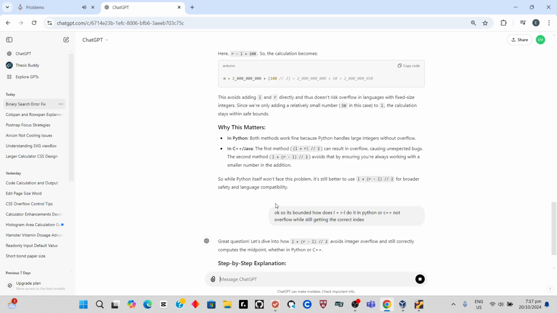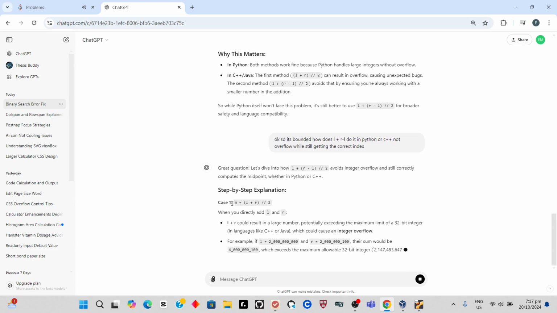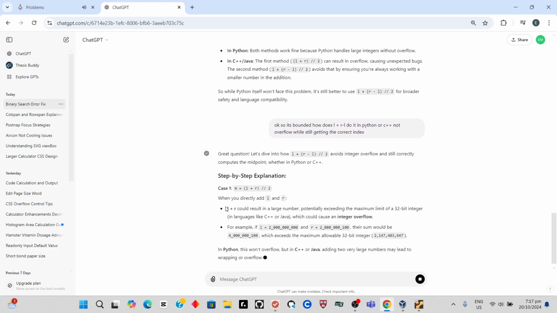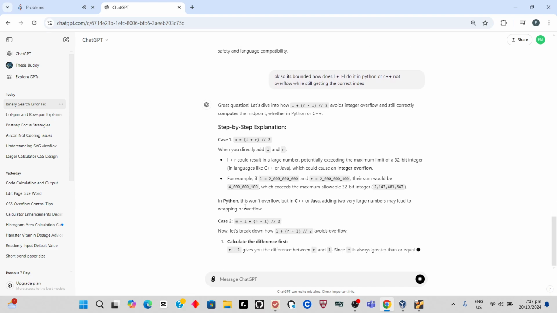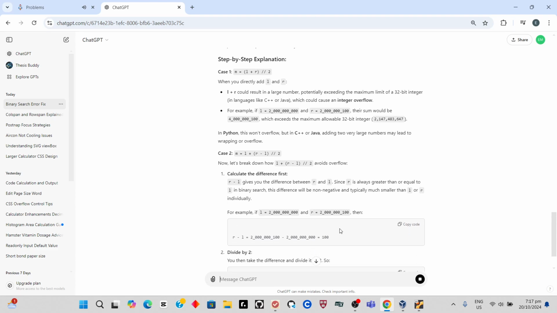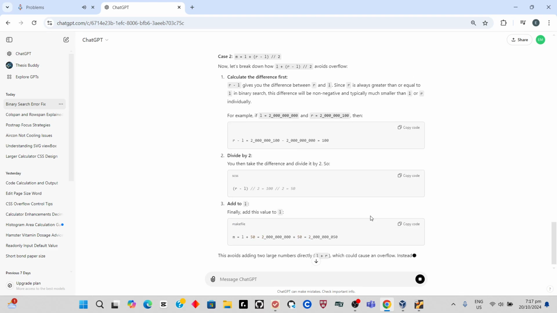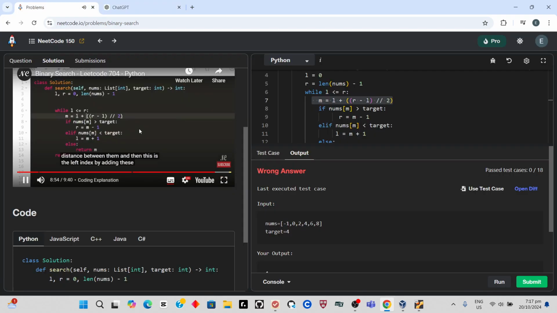Well, there's actually a way to do that. We can still calculate the midway point between left and right without adding them together, because we can take the distance between them. We can get the distance between them by taking right minus left and then dividing that by 2. That will give us half of the distance between them. And we can take that and add it to the left index, because if this is halfway of the distance between them, and this is the left index, by adding these together,